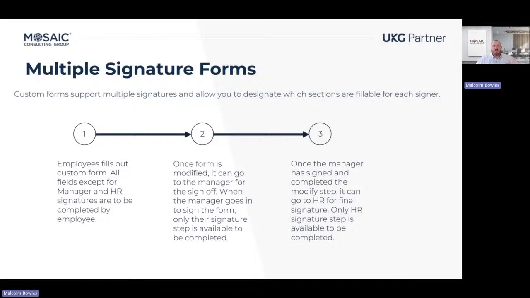So if you wanted the employee to fill out one spot and then you wanted the manager to fill out another, but you didn't have a manager signature in there, well, it's going to open it up for that employee to do all of it, right? So you want to be mindful of that piece, or you're going to have your employee filling out things that your manager should be doing. So what I recommend is if you don't